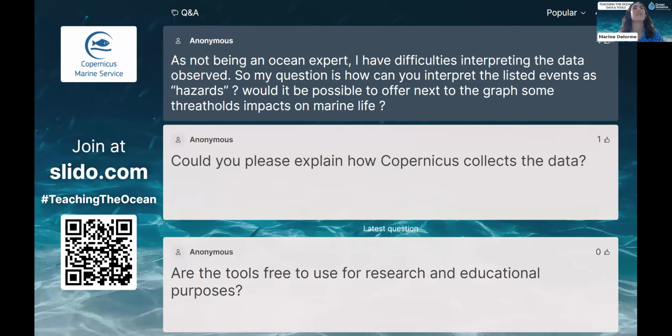Next question is, as not being an ocean expert, I have difficulties interpreting the data observed. So my question is, how can you interpret the listed events as hazards? Would it be possible to refer next to the graph some thresholds impact on marine life? Yeah, I see. We do provide some key numbers together with the graphs where we explain, okay, how much has